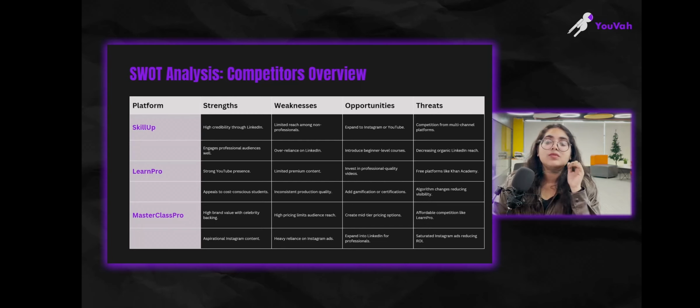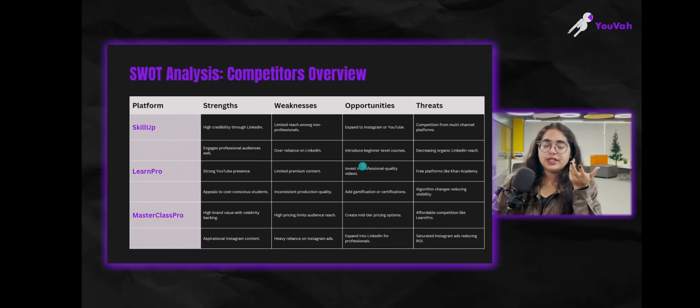Then comes over-reliance on LinkedIn. Since you're posting on one platform, it puts a lot of burden on that one platform, and you're relying heavily on it. Another opportunity you could figure out is to expand to Instagram and YouTube. See how your other competitors are behaving. They're using Instagram and YouTube as well, so you also do the same thing. One thing I want to tell you: if you cannot figure out any weakness or opportunities, whatever comes to your mind, write it down. Once you read it through again, you will be able to figure out the right cause and the problem.